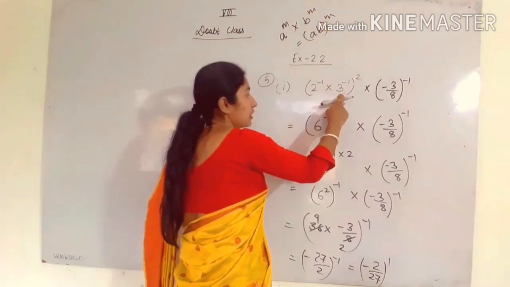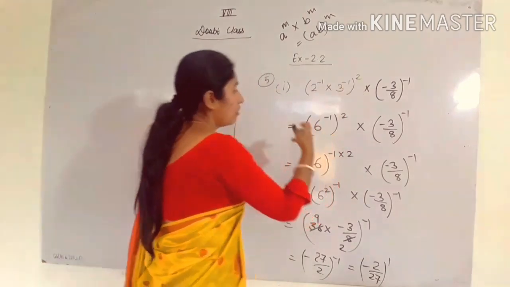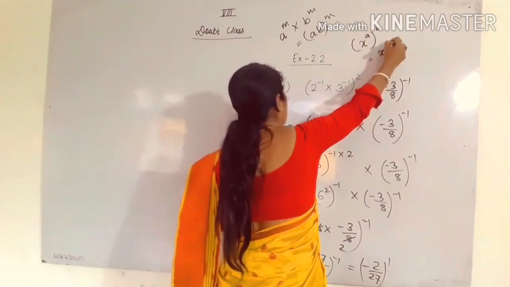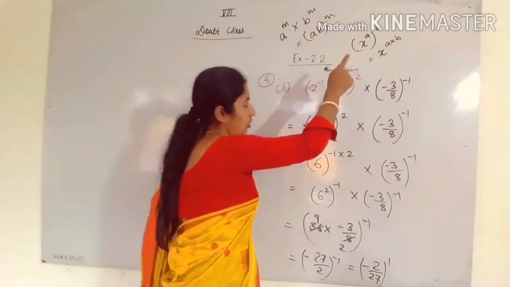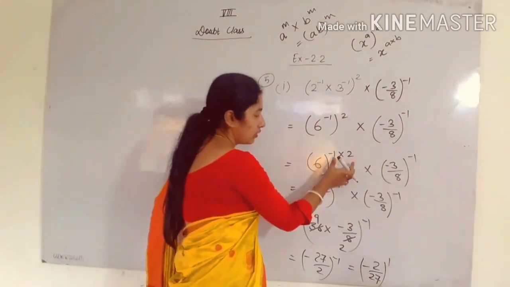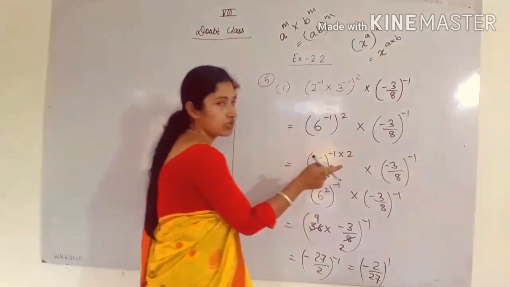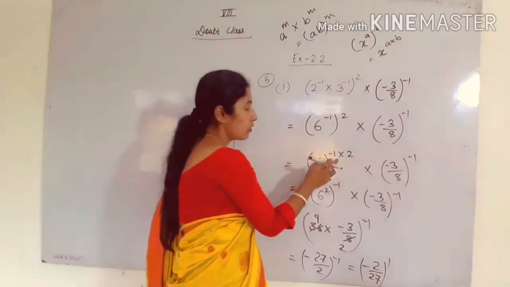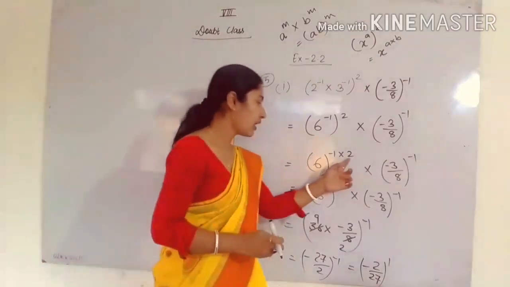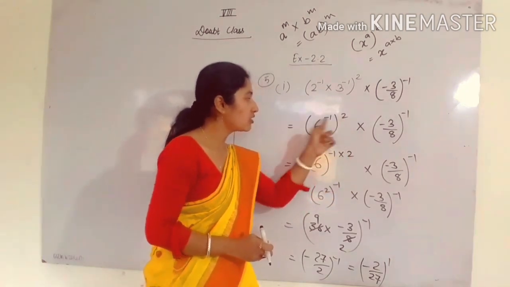So 2 into 3, you have to multiply the base, that will be 6 to the power -1 whole to the power 2. Now you have to apply the property x to the power a whole to the power b is equal to x to the power a into b. So by this law you can write -1 into 2. Okay, so see, -1 into 2, here you can apply commutative property of multiplication. We can write it 2 into -1 also, that will be also correct. Okay, so in multiplication of two numbers, you know that order does not change the value. Okay, so we can write 2 in place of -1 and -1 in place of 2. So like that we can interchange the numbers.